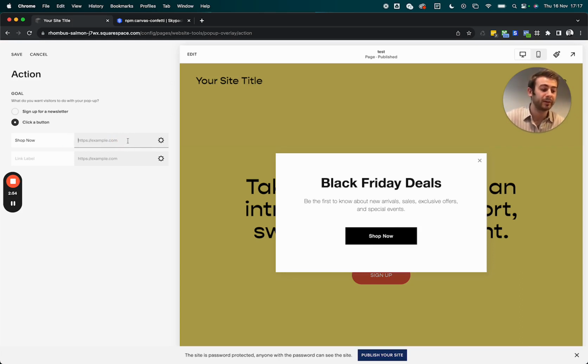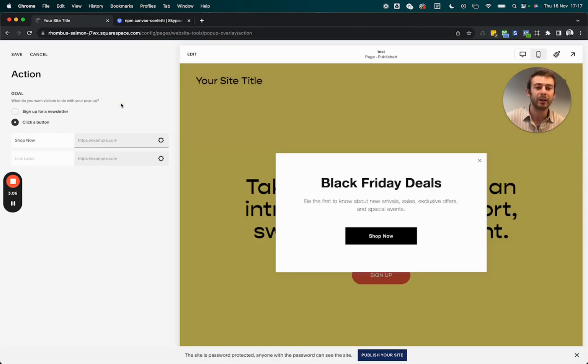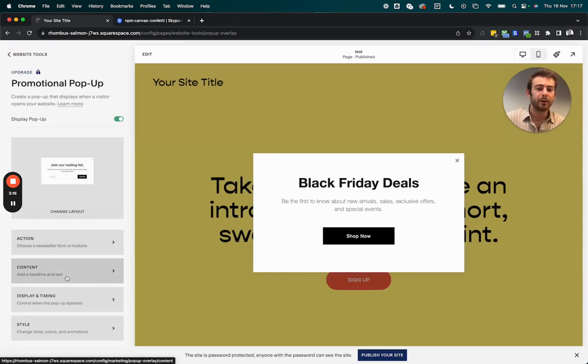Now, as this is a test site, I don't have a shop set up, but if you click the settings icon, which is here, go to pages, you can pick from any of the pages on your site. You can send a user to a product page, you can send a user directly to the shop, or you may just want to send them to a different page. So once I'm done with that, I'm going to click save, go back,